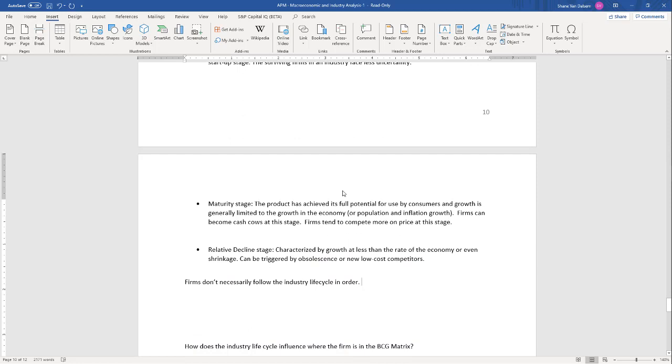A lot of retail has gone through this. Think of JCPenney, Macy's, Sears. Those companies have also gone through that, that industry has also gone through this, where we're certainly in relative decline for that industry right now. But the thing here is that firms don't necessarily follow the industry life cycle in this order. Oftentimes firms